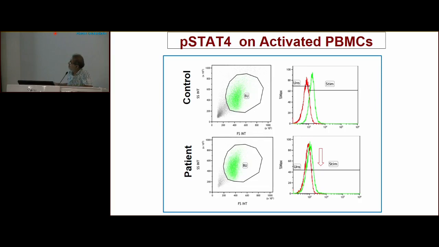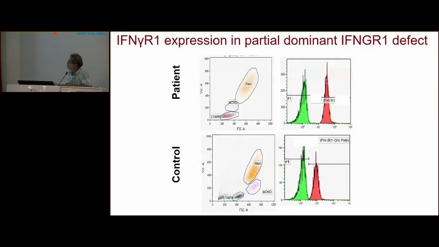So again, here you stimulate your cells with recombinant IL-12 and look for the downstream signaling P-STAT. So in the stimulated it is normal, in the patient it is abnormal. So P-STAT is downstream of IL-12 cytokine. And so if the receptor is abnormal, the phosphorylation will not occur. So your P-STAT 4 expression is normal in the control, in the patient is absent. So another one is IFN gamma R1. This is another form of MSMD. And in the autosomal partial dominant, there is an increased expression of the IFN gamma R1, in contrast to the autosomal recessive, where there is a marked